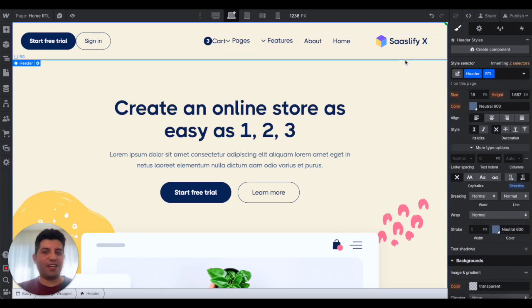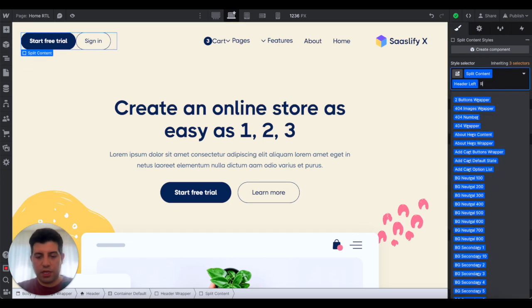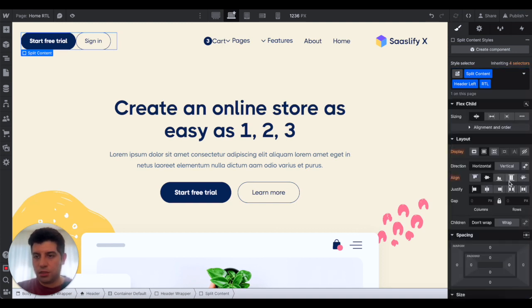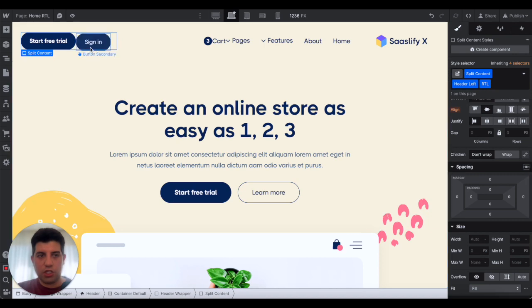So you see how simple it is. But as you can see, some cases like these buttons need to be modified as well. So you simply click on these buttons, and as usual we add RTL, and then we can simply change